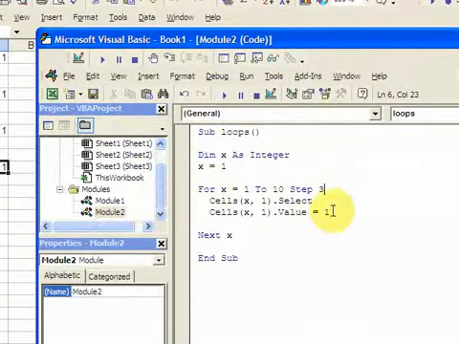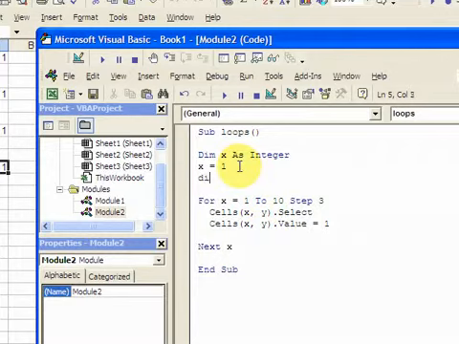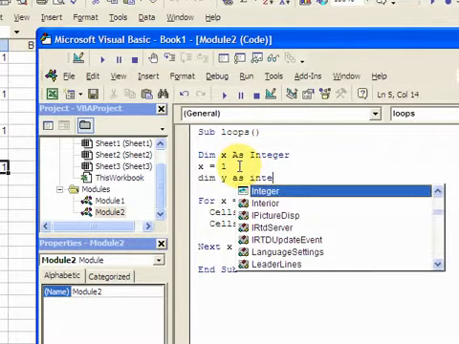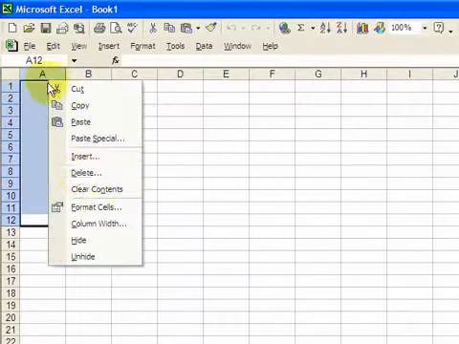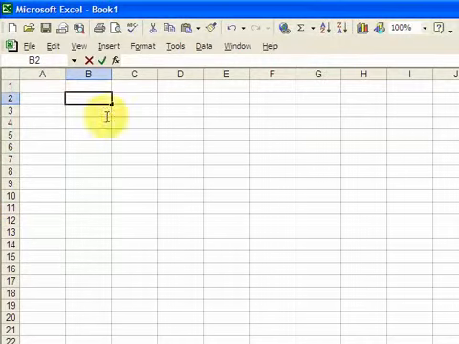And just remember, you're going to be incrementing something, so you want to declare a variable to increment down rows or across columns. If you wanted to go across columns, we could do that here too, real quick, and we'll get a diagonal. So dim y as integer, and this is going to create a diagonal that goes from 1,1 to 10,10 in the cells. So let me just clear this. And what we should get is something in this cell, something in this cell, something in this cell, all the way down to 10. So if we run it,